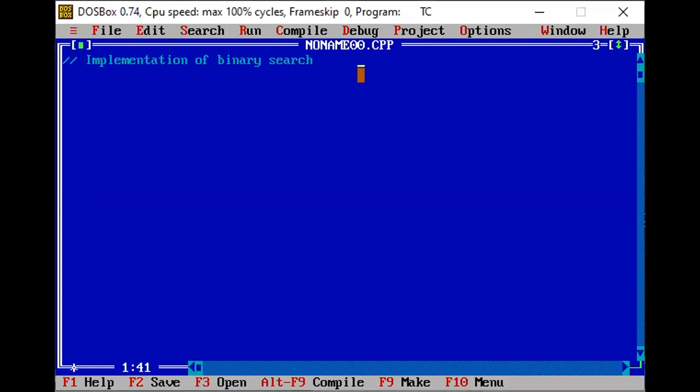Now here we will first include the header file, that is #include <iostream.h>. This is the main file that we require for input and output. And #include <conio.h>.